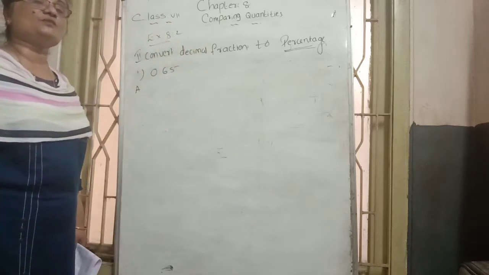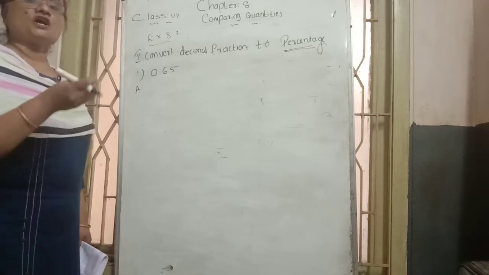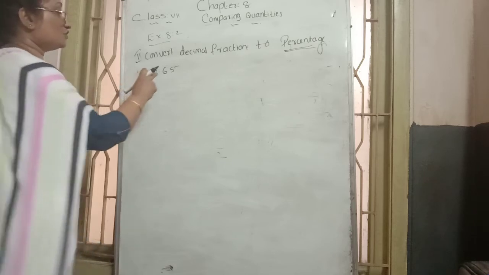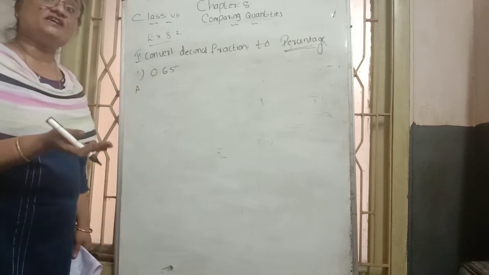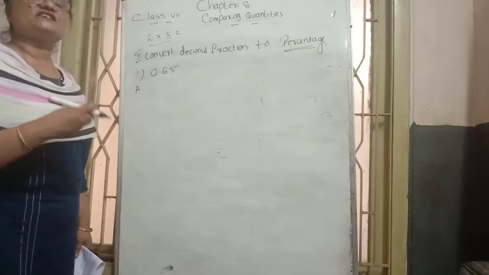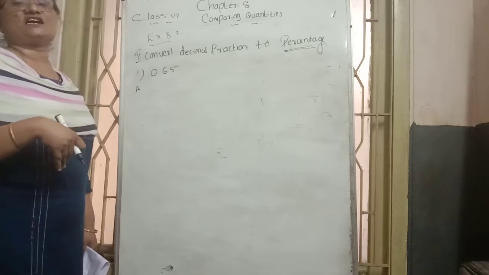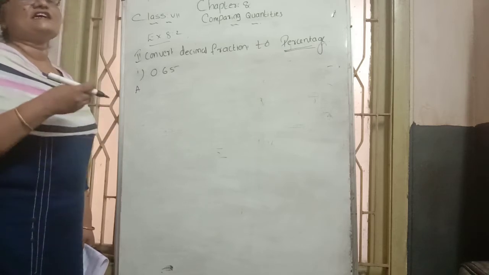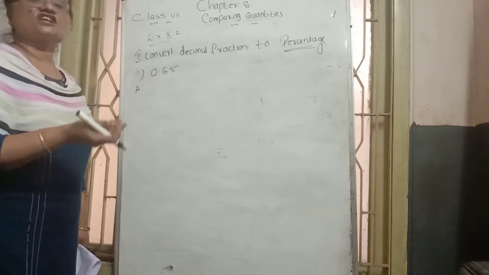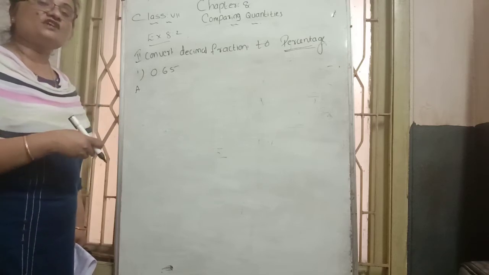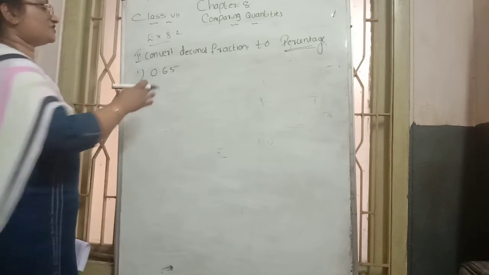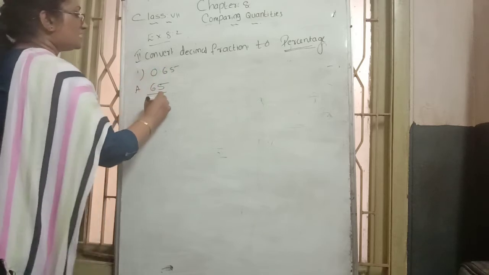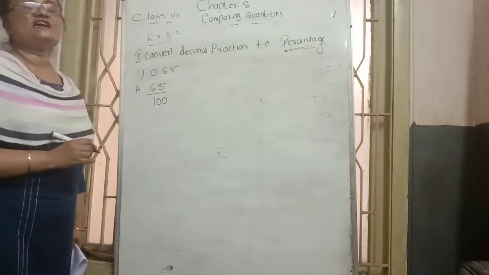First, what we want to do is write it in fractional form. How to write a decimal number in fractional form? We learned in the second chapter. First you check how many digits are there after the decimal point. 2 digits means remove the decimal point and divide with 100. Decimal after 1 digit means remove the decimal point and divide with 10. Decimal after 3 digits means remove the decimal point and divide with 1000. Here 2 digits are there. That's why we write it by removing the decimal point and dividing by 100.